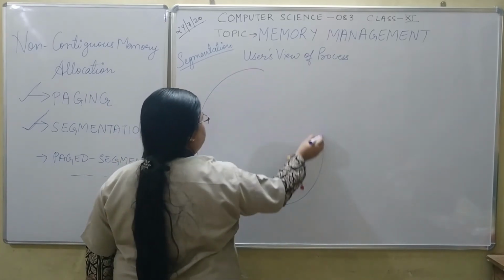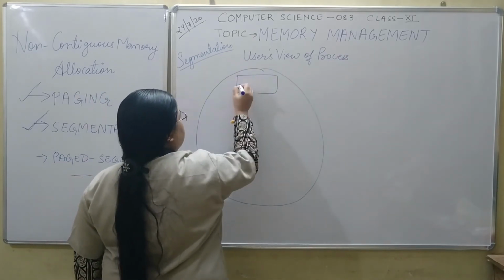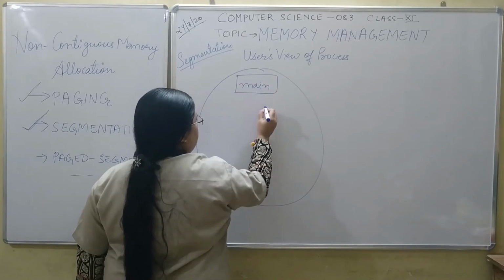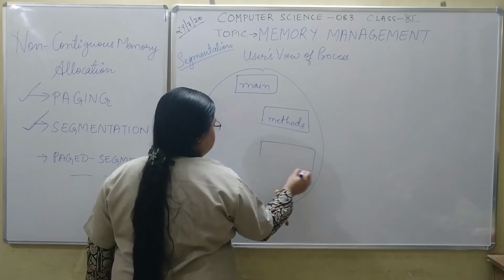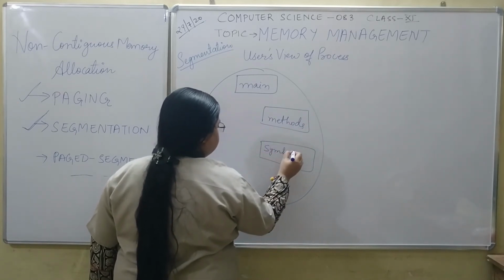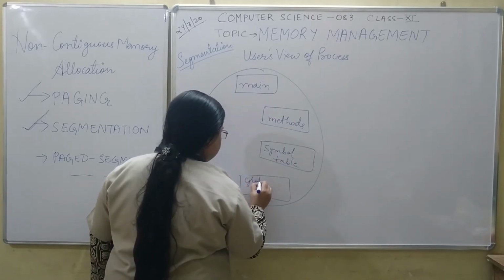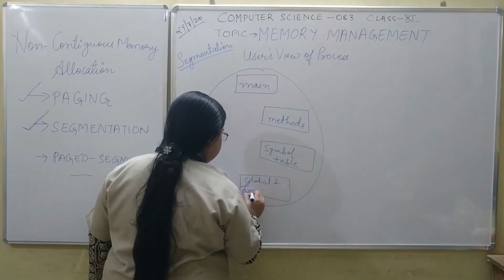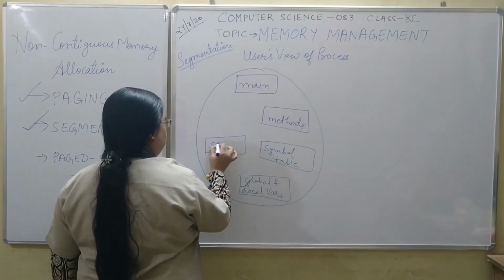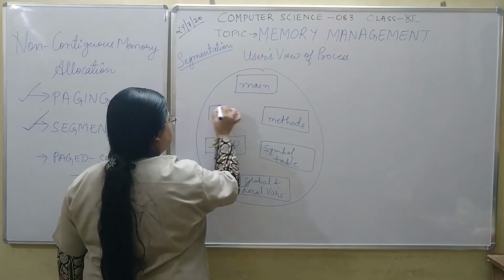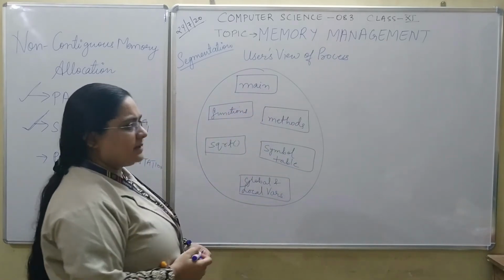This is the whole process. One program can contain various parts. It can contain a main program. It can contain some methods. It can contain a symbol table. It can contain global and local variables. It can contain an inbuilt function like sqrt. It may contain some functions. So you can see that a process may